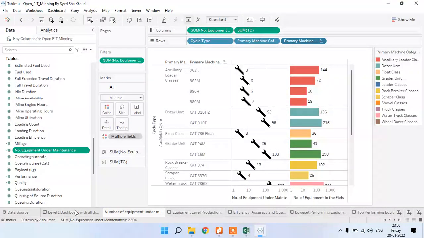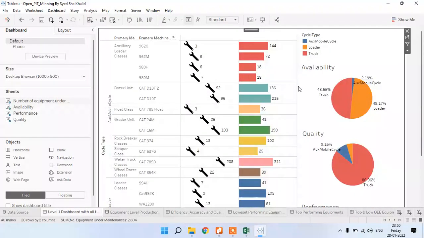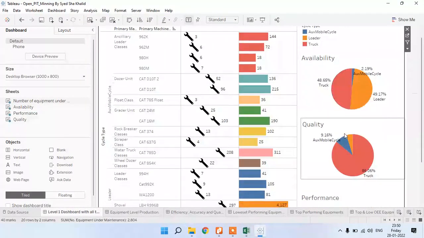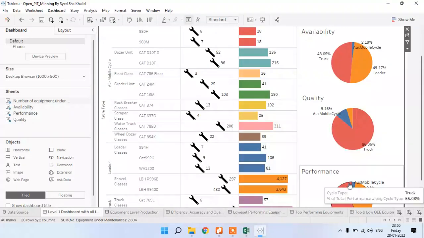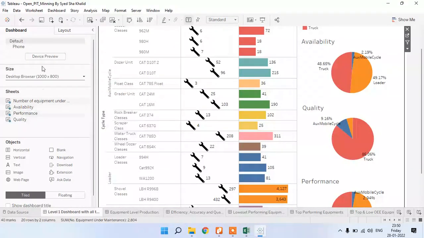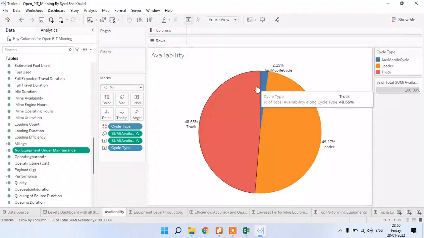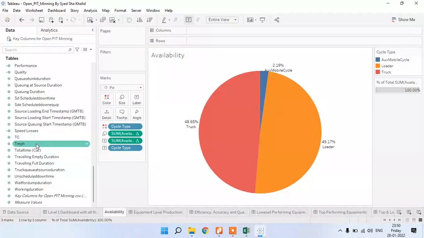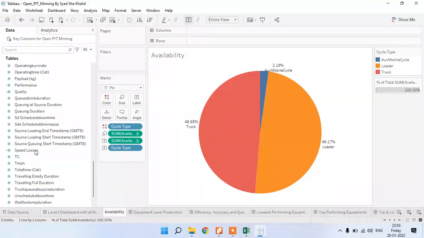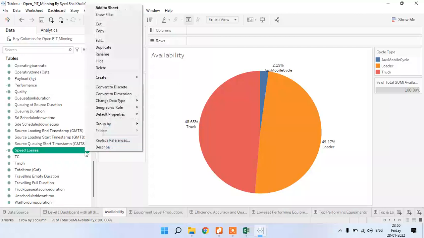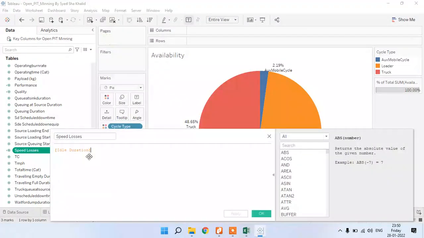I will move on to this one here. Accuracy, quality and performance I have plotted. How I have created this, these tables are there. Wait, I will show you one by one. Accuracy also I have created. First I created speed loss, taking only the delay idle duration as the downtime.